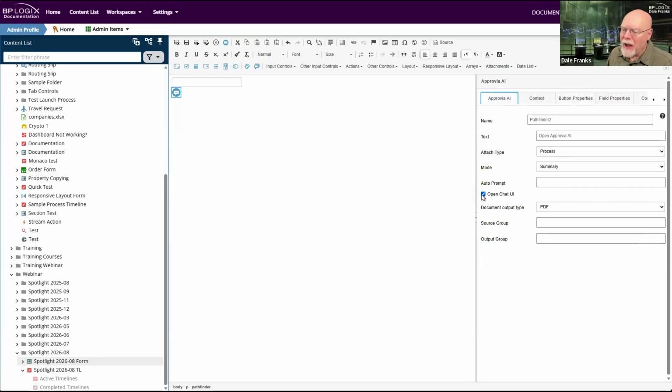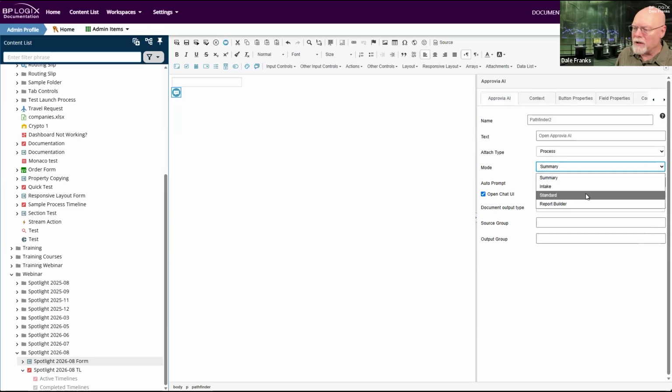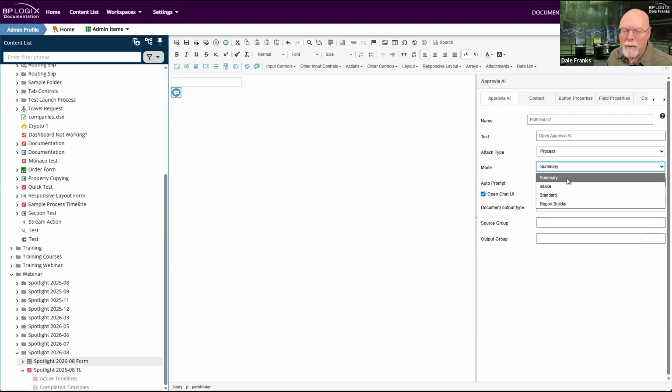The other thing that we have added is this checkbox here to open the chat UI. This control has three different modes in which it can work. There is a standard mode, which is just the chat UI. Then there is a summary mode, and that summary mode will summarize one or more document attachments. There's an intake mode that will summarize a single document attachment and will also enable you to take information from the original document and insert it into Process Director form fields. And then there is this